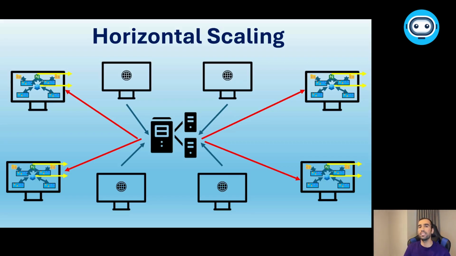That case is exactly called vertical scaling. Vertical scaling means that I don't rent more web servers. I have the same web server, but instead I increase the CPU, the RAM, the storage, the memory of my system. This is called vertical scaling, and the previous analogy is called horizontal scaling.